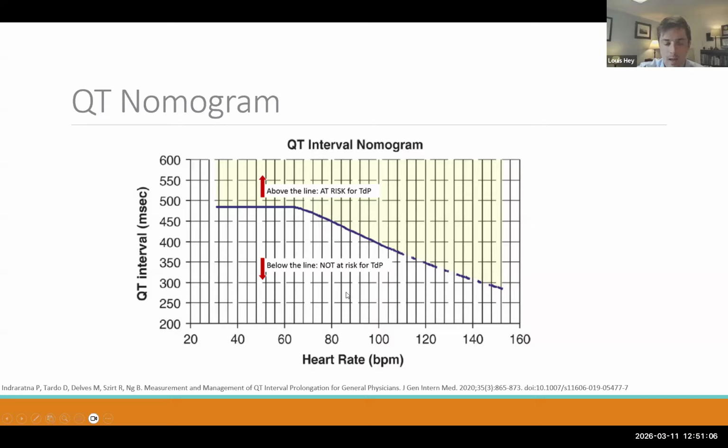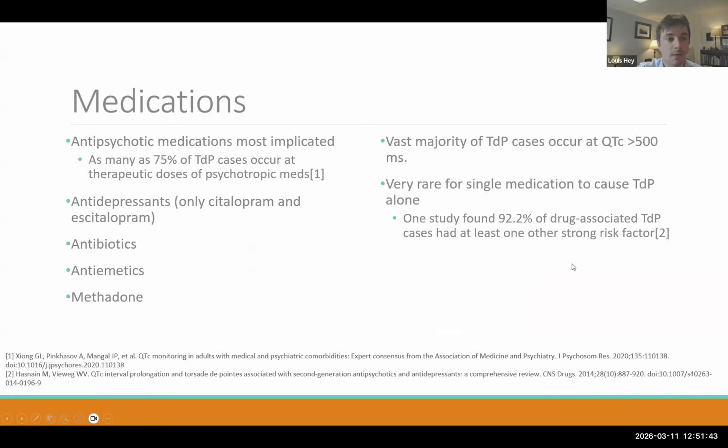I wanted to include a figure. They had a really cool figure of plotted cases of torsades, and they all fall above this line. So I think the use of this figure is if you plot your patient on this nomogram and they're below this line, you can virtually forget about torsades, at least for that moment, right? Because the QTC is dynamic. But again, it is very conservative because if you see here, it never goes above 470. So probably a little bit less useful in that regard.